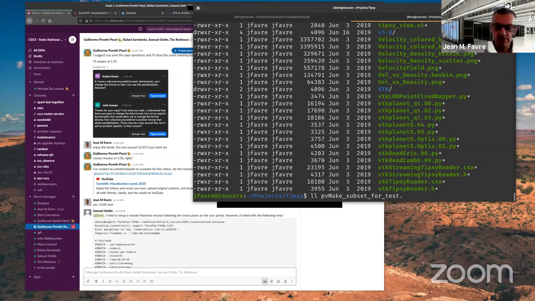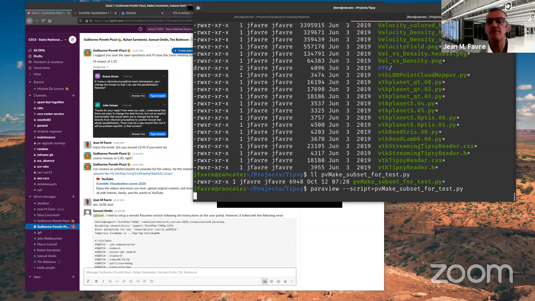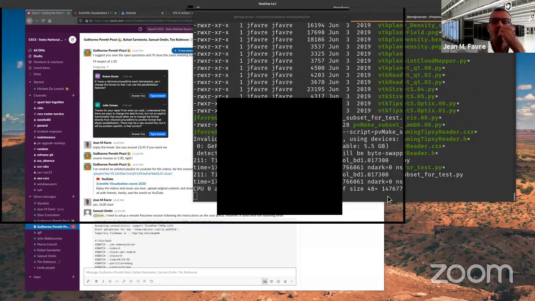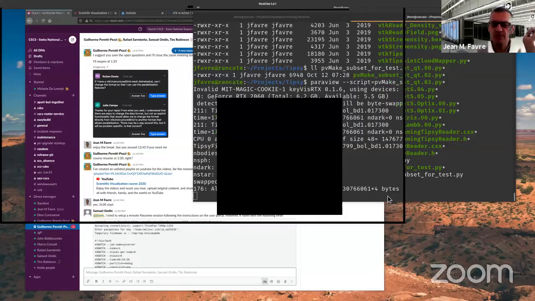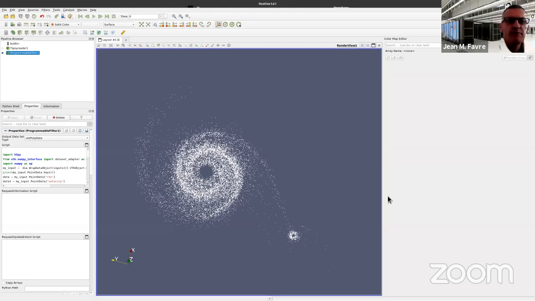I need to set up a particular example here to do my demonstrations. I'm going to reload the set of particles I had earlier, and then I want to make a subset of it. There it is. This is a subsampled version of the data set